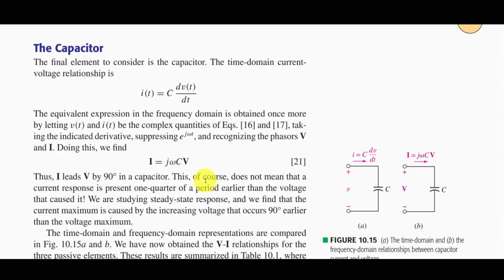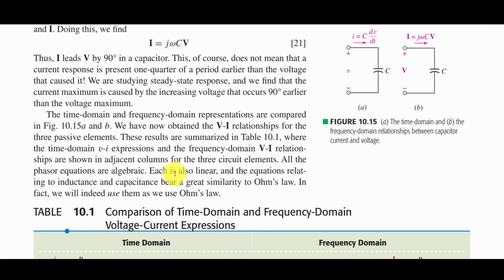Same thing happens with the capacitor, and if you take the derivative, I over V equals j omega C siemens, or V upon I equals 1 over j omega C ohms, and this j only represents the 90 degree phase shift between current and voltage, or I leads V by 90 degrees in a capacitor, because we know that